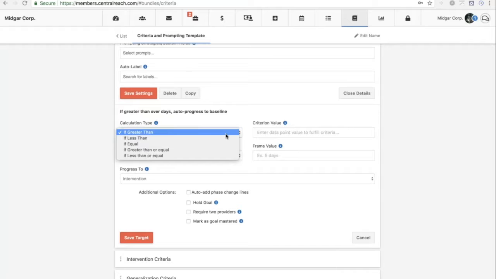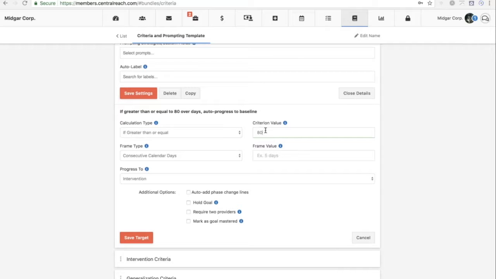So the calculation type, this is saying what the data points are over. So do you need something greater than, a data point less than or equal, greater than or equal to, kind of any of those. But let's start out with the mastery criterion baseline. That's probably the easiest way. So we say if data point greater than or equal to any value, and as you start changing these, it actually gives you the logic statement up here. So we're talking about mastery here. So if I'm saying, if I've got an 80% mastery criterion, I could say if greater than or equal to 80,